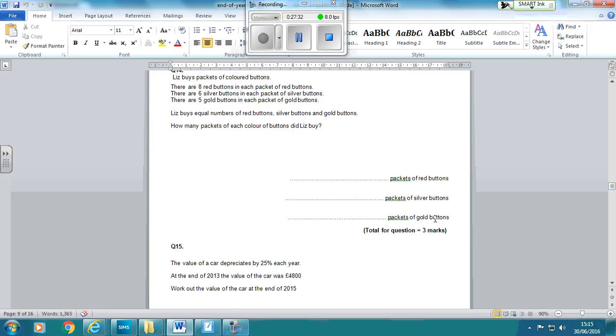So we've got 8, we've got 6, and we've got 5. And if we start doing this, 16, 12, 10, 24. So if we did the 8 times table, 24, 32, 40, 48. Then we're going to start getting some marks. That's going to take forever. So what we've got to do is try and find a number that 8, 6, and 5 all go into. And so if we just start off with 8, and then we'll see whether or not 6 and 5 go into it. So 48,